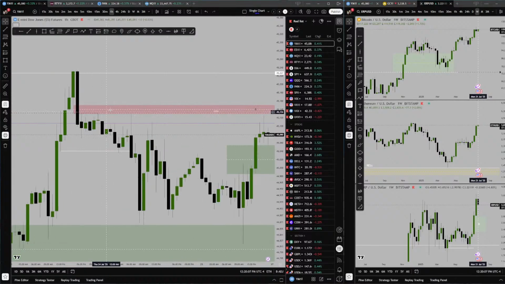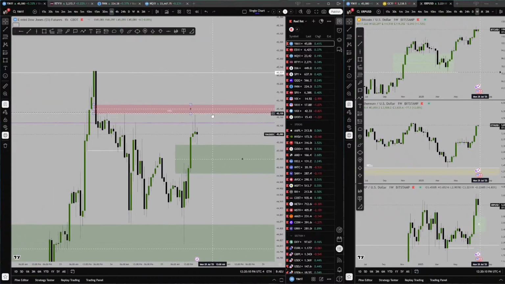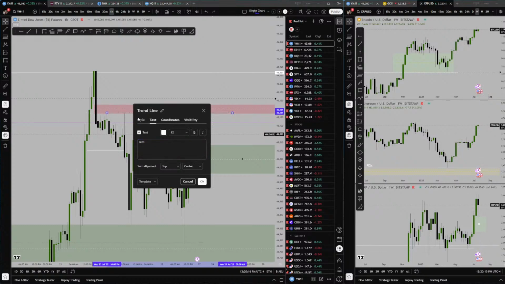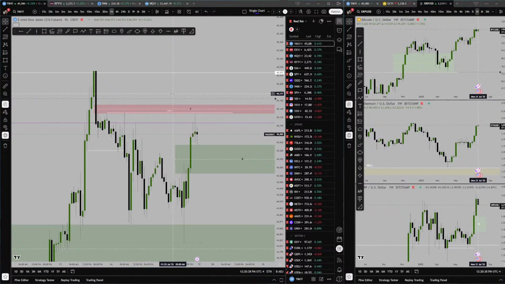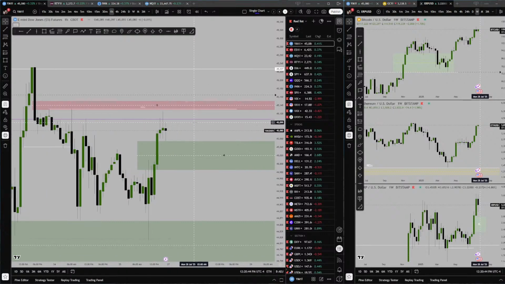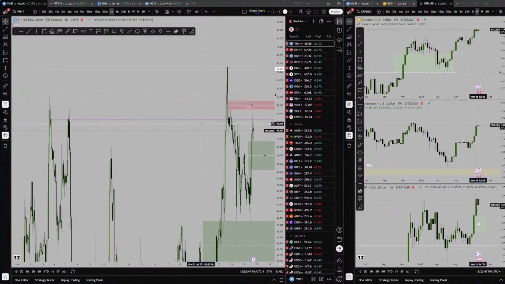Yeah, so there's just a 1 hour inefficiency here with some relative equal highs. Let's move that. We need to make this a bit thicker. Let's see what it looks like black. Yeah, I'll still leave it white. That works fine. Old new week opening gap